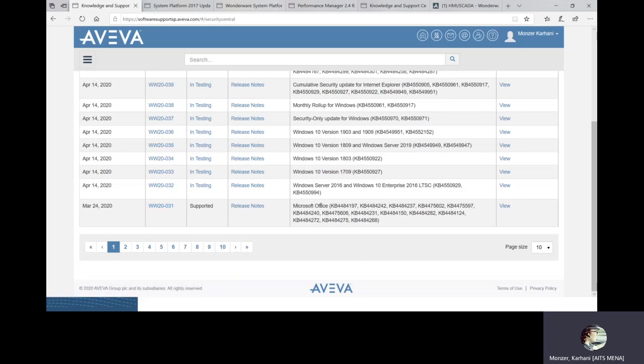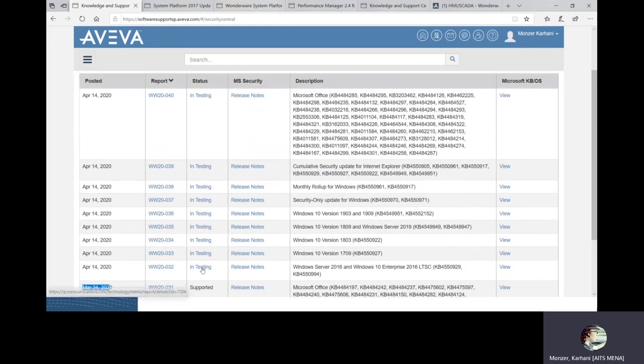So there are these Microsoft Office updates that are already tested and supported from March 24. There are several updates in April still under testing. You can search and come back later. Once you find which ones are supported, you'll find which ones are not. It's rare to find what's not